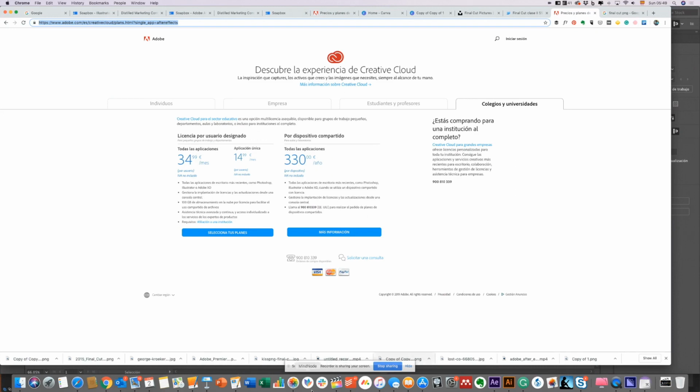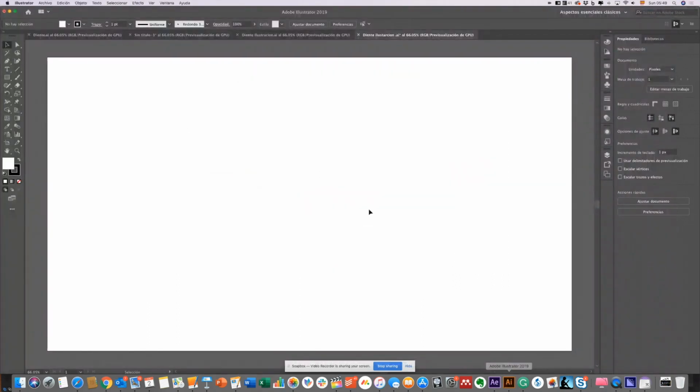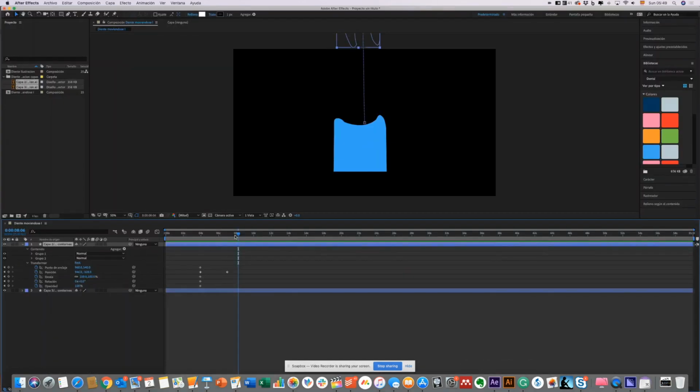To begin, we have to know that you need these two applications. You can find them on the Creative Cloud from Adobe. After you download it, you have Illustrator, where you can choose the size of your canvas, the size of your layer. And the other application is Adobe After Effects, where we are going to create